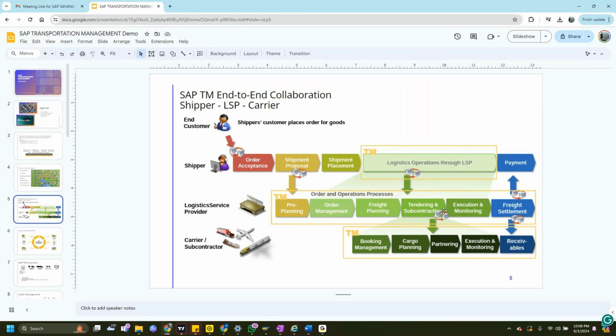When the PGI is done, the departure event in TM gets triggered. That means we can see a status in the freight order that the truck has departed, and the delivery is supposed to happen the next day, but there is a delay because of rainfall or floods in that area. That has to be reported. The carrier will report it in his system, and that will come back into our system.